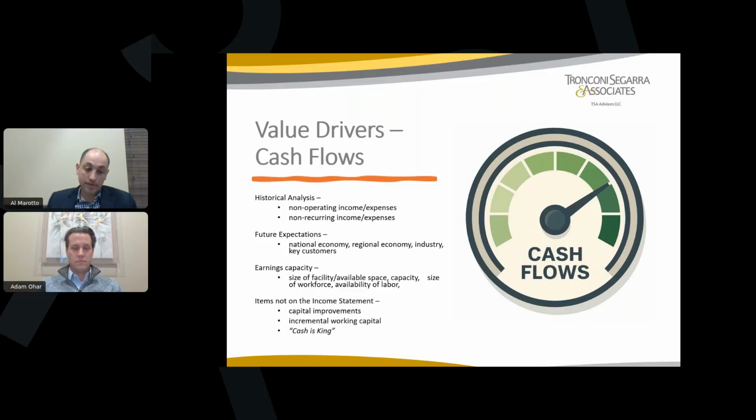Earnings capacity. Think about this as your ability to produce earnings or to capture growth. So, having an interview with an owner and them being extremely positive about where they could see their business going, and there's a ton of customers out there, there's a ton of business out there to be had. Going back to the machine shop example, Moog is growing like crazy. They've been placing orders like crazy. Well, if you don't have the ability to capture that, that doesn't really help you at all, because you can't just generate any cash flows if you can't produce the cash flows.